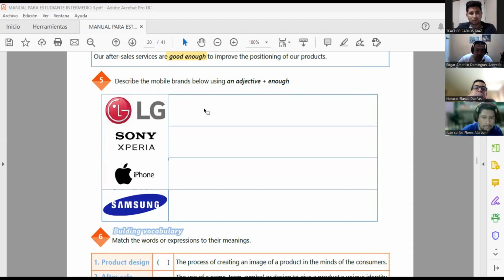If you think the TV is big enough, it's small enough, okay, and then write it over here. So two things you are going to see: write the characteristics and write if it is good enough or not for you. Okay. Well, let's in this moment open up the breakout rooms and you do it. Okay. Ready?